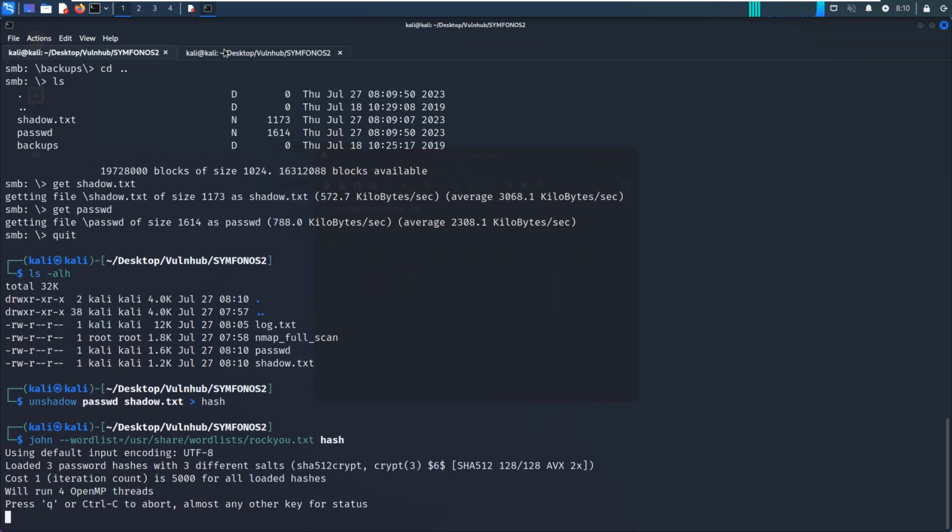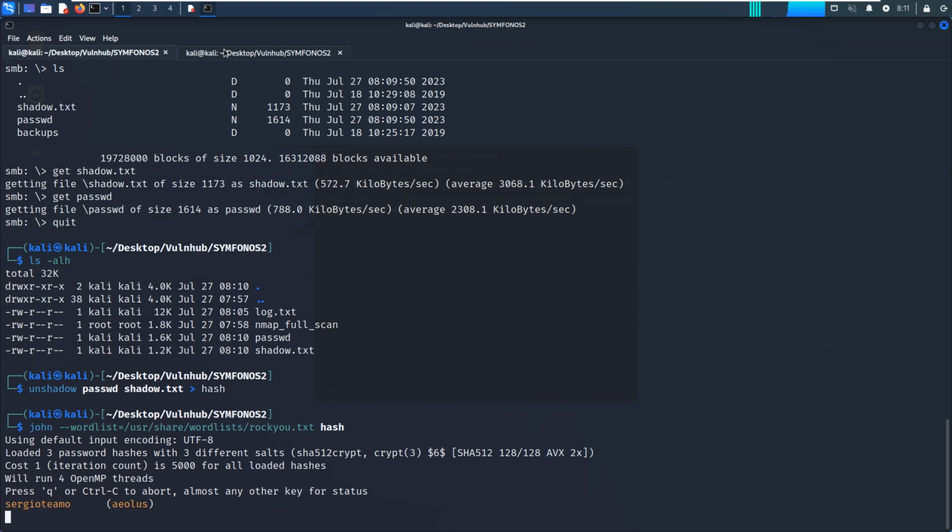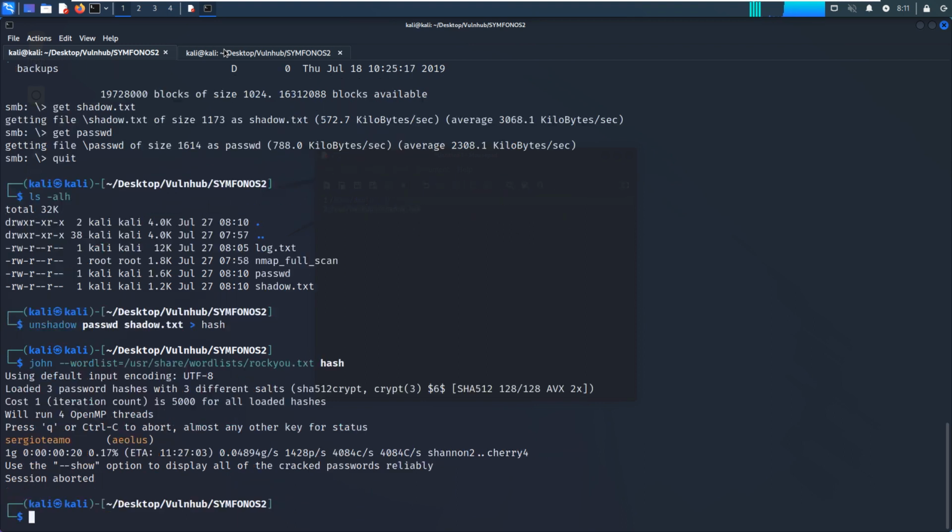Now John the Ripper is cracking the password for the shadow file. Now we let it run, and okay, we have already retrieved the password for the user